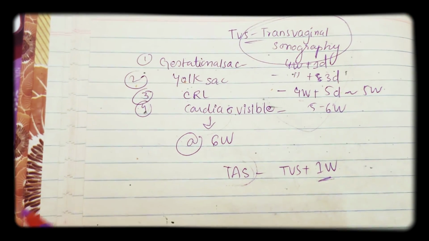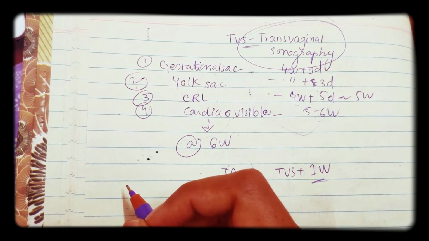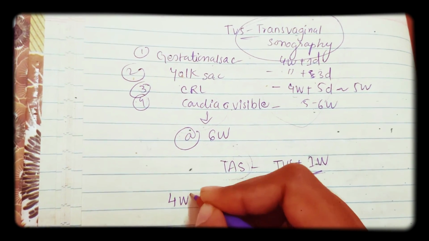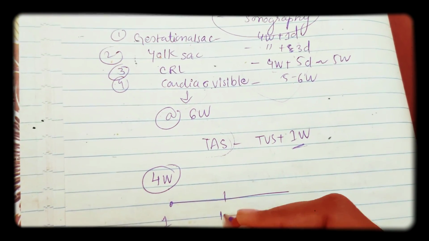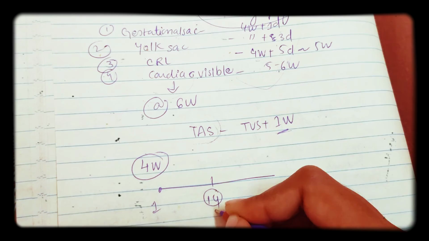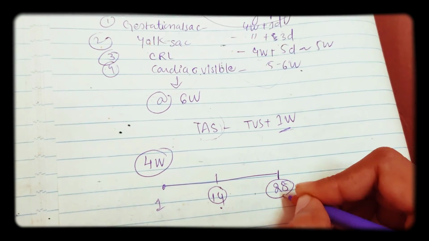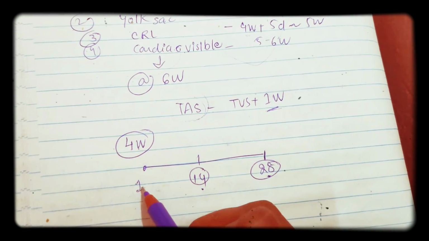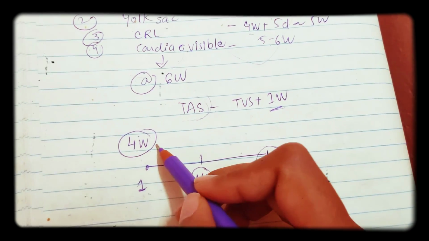Now coming to calculation, always remember you need to calculate the pregnancy from the 4th week. Why? Because the starting day is day 1, ovulation is on day 14, on which day you have fertilization, and on day 28 the period is missed. As the period is missed, we can say the female is pregnant, but you should say she is pregnant from the 4th week, because you count from the first day till the missed period. So, the 4th week.